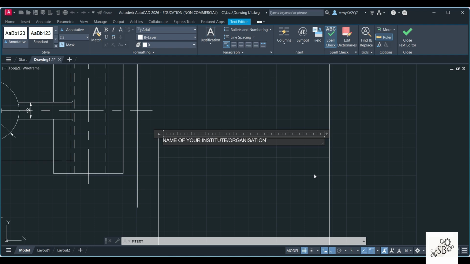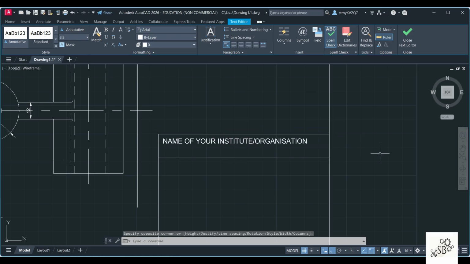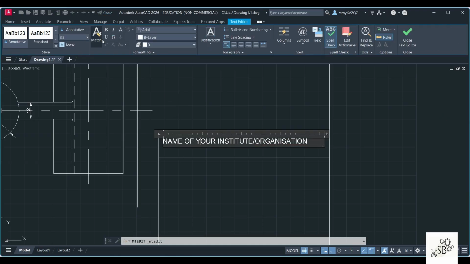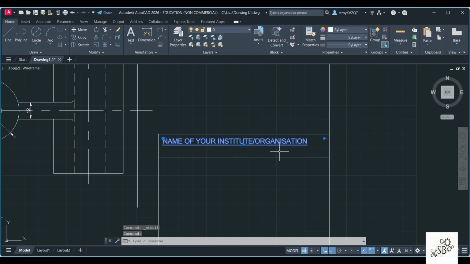Then I'll just click Control A and give a proper height to it. Now if you see, this goes to the next line, so I don't want that. So I will just change this to 3. So this fits. I'll just check with 3.5. Now this height depends on the amount, the length or the number of words that you have put here. Preferably write in one line only. Then click outside. So you have done this. If you want, you can also underline this text. So just click Control A and underline. That is also a decent way of writing.